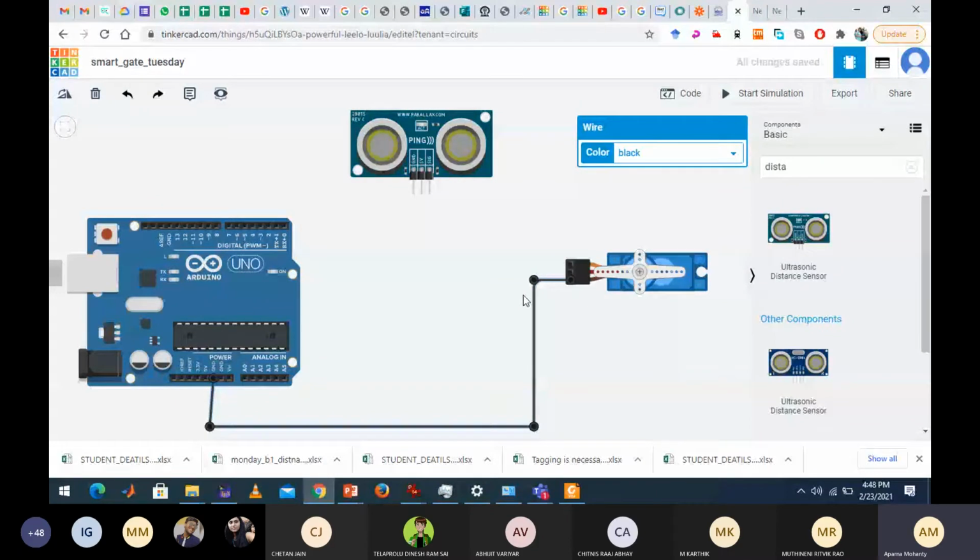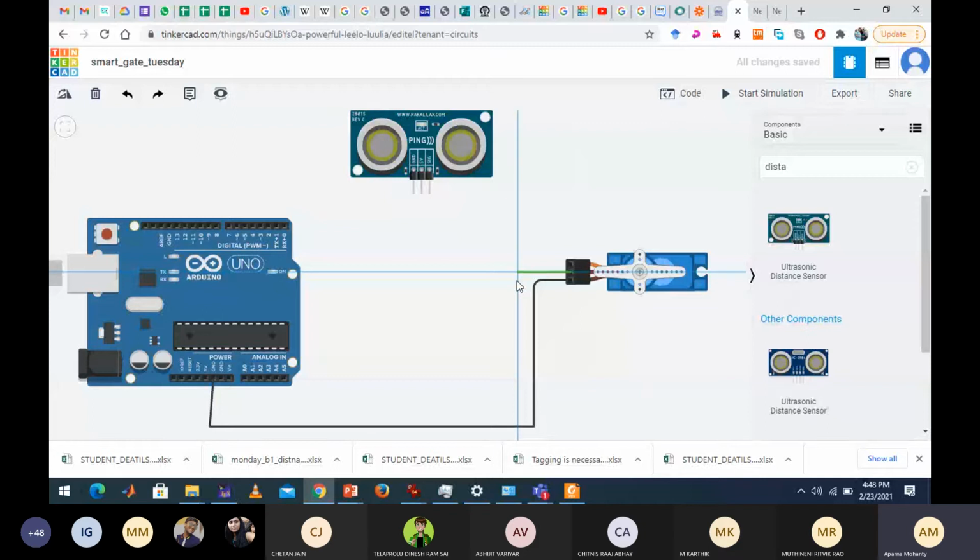Okay, next. What is the next terminal of the servo? This is the power terminal. So I need to connect it to the power. Suppose here, then this is connected to this 3.3 volt here.